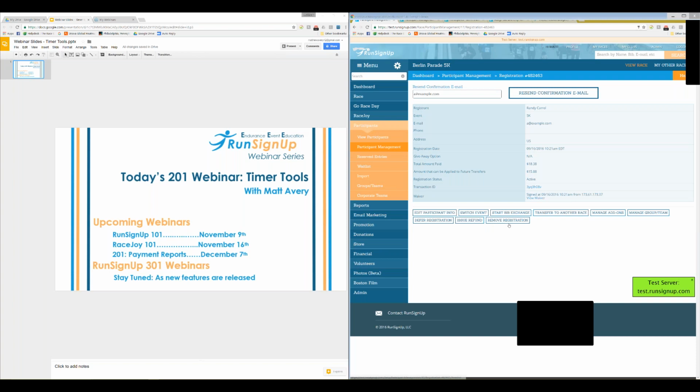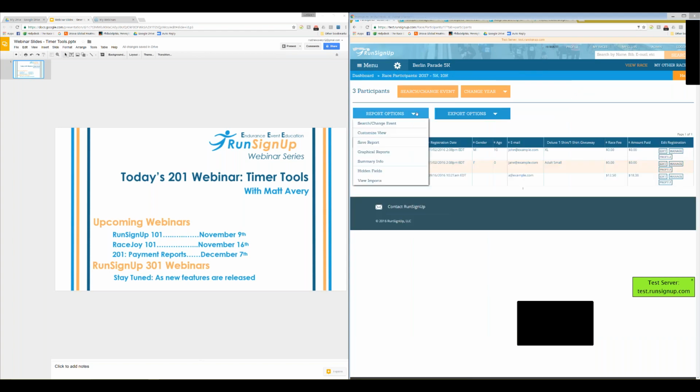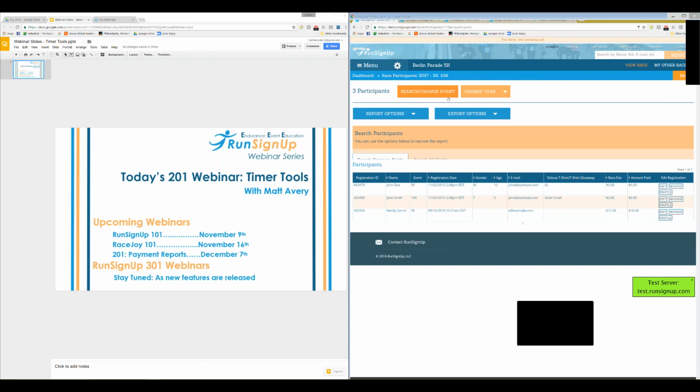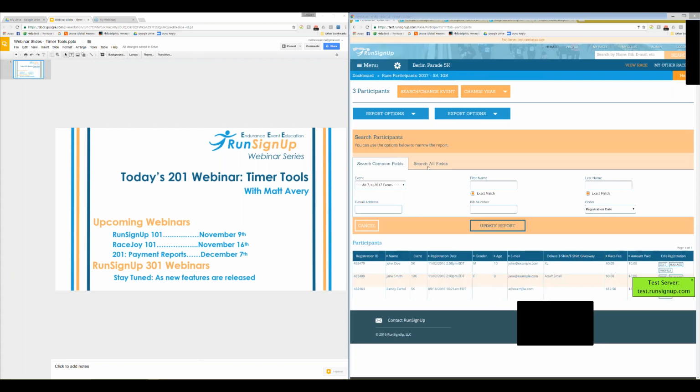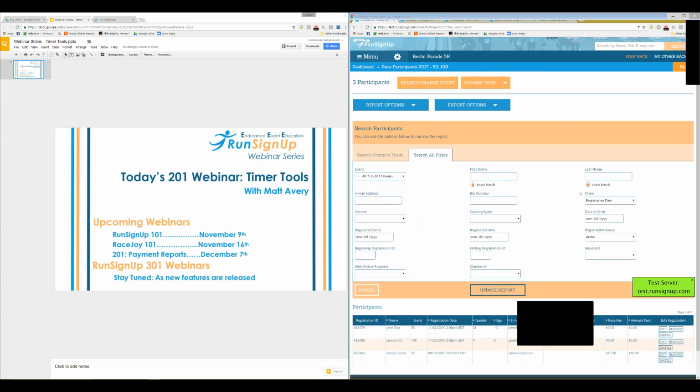them, what happens is that the registration itself doesn't go away. It just essentially gets archived. So even if I switch an event, it creates a new registration for this person, and the original registration is archived. So what that looks like is if I go into my search/change event here, and I search all fields,